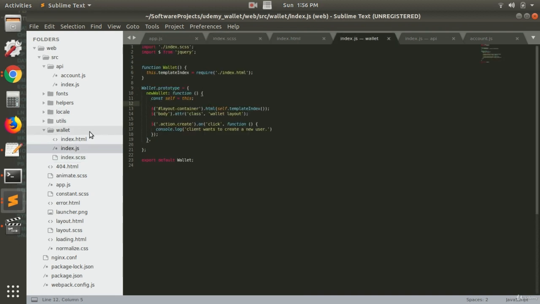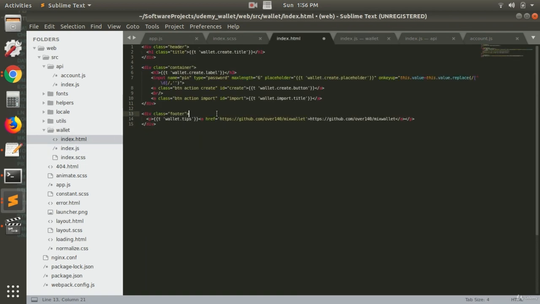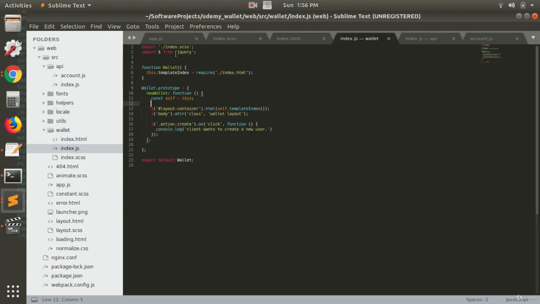The other thing is we have an index.html. So I'll uncomment that as well, and we'll look at the templating engine here in a second. But let's look at the JS first. As I said,